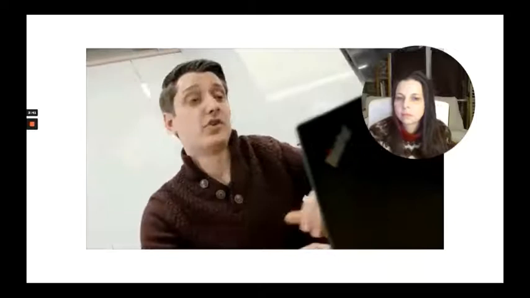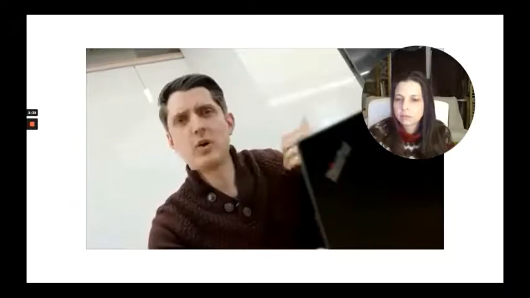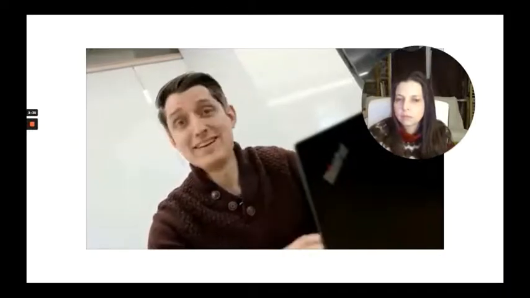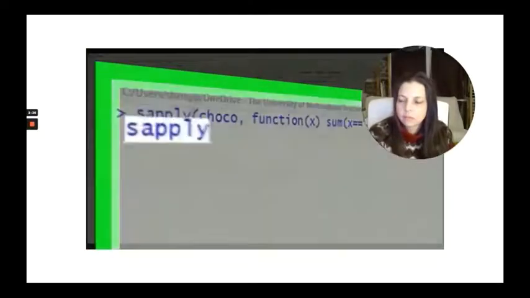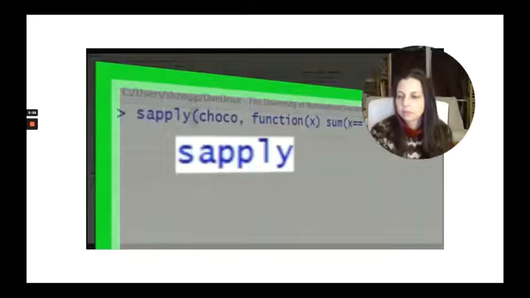So the first thing we're going to do, right, we've received this data, we know now what the columns are, but we don't really know anything else other than this. So we're going to have to start looking through and seeing, first of all, is there any missing data? So we're going to use the sapply function for this. The sapply function will apply a function over our data set. So for each column or each attribute of our data, we're going to apply this, and the function we're going to use, we're writing ourselves.